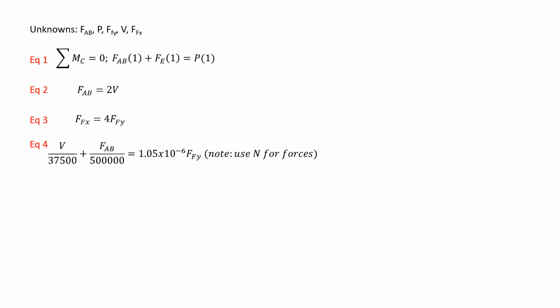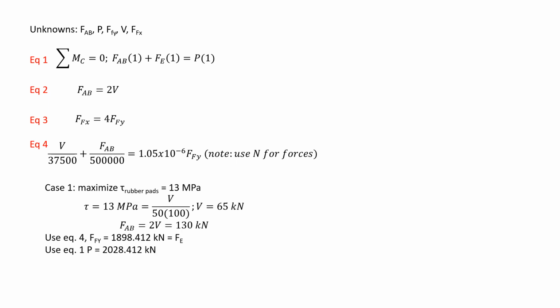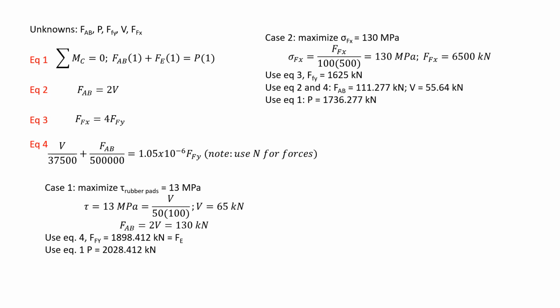Okay? So here, case 1, you maximize the shear stress in the rubber pads. So, of course, shear stress is still V over A. This is the area of the rubber pads. You get V equal to 65 kilonewtons. And then use equation 2 to get FAB, equation 4 to get FFY, and equation 1 to get P. Next case,